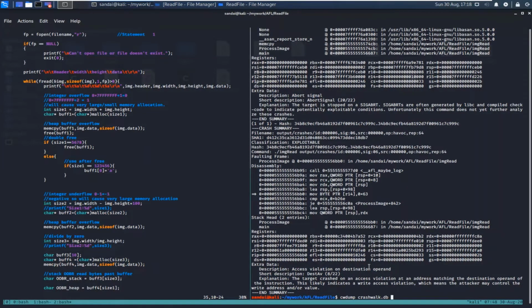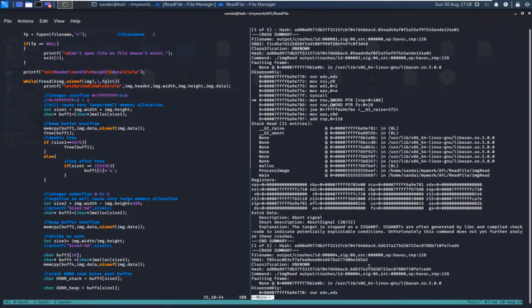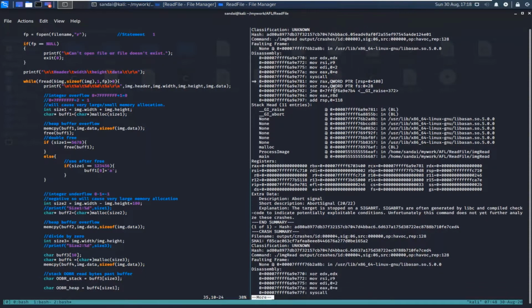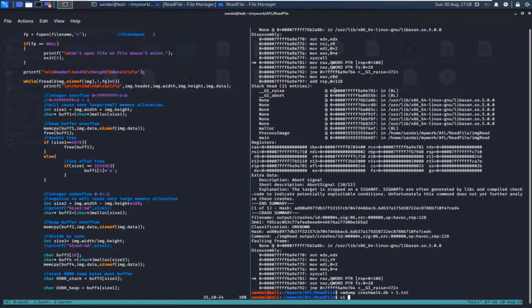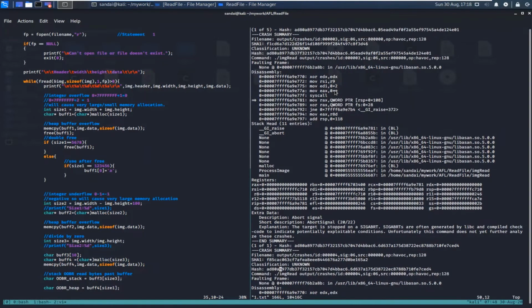You can either use more and go through each crash one by one. Here you can see the first crash is identified with crash ID 3. Generally I redirect the output to a text file, which I can use later using vi. So let's see what happens in that.